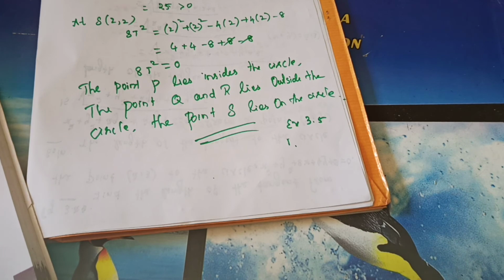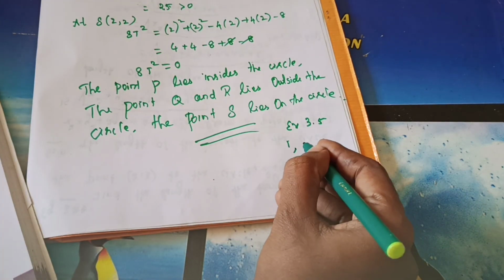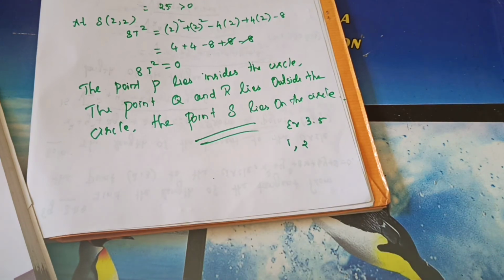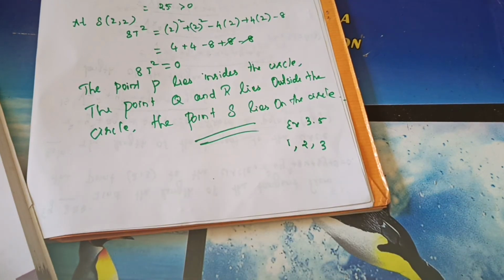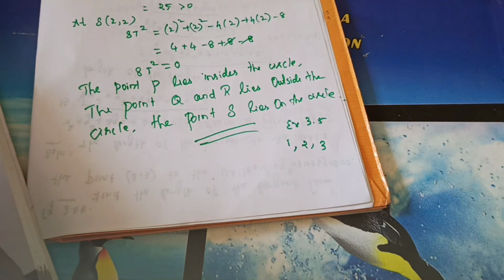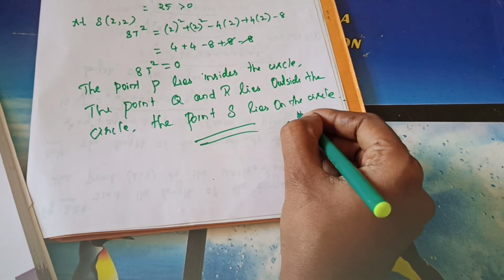Okay. Then second problem. Now only we have completed that same model. Inside the circle or outside the circle. That one. Then third problem also homework. Third problem, find the length of the tangent from (1, 2) to the circle. The point (1, 2) is given. Same as example 3.28. So these 3 problems are your homework.